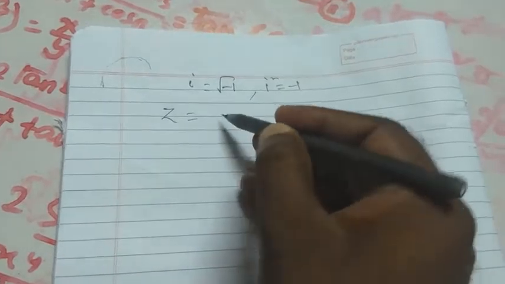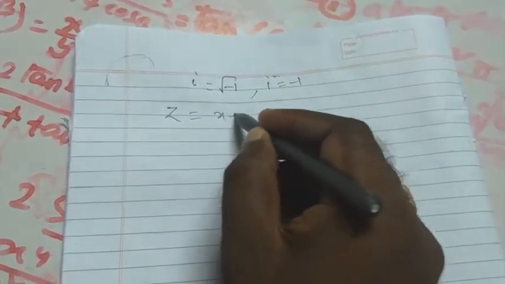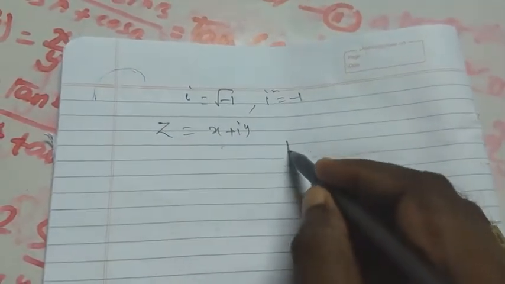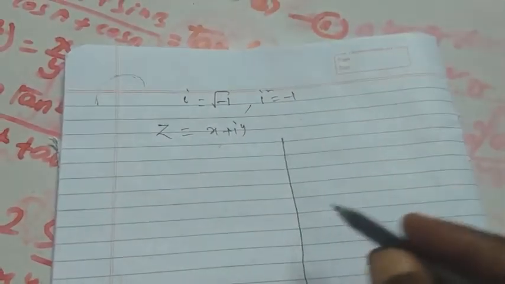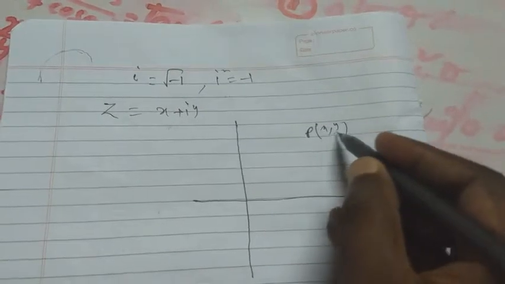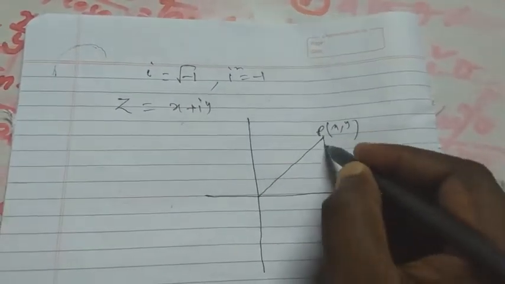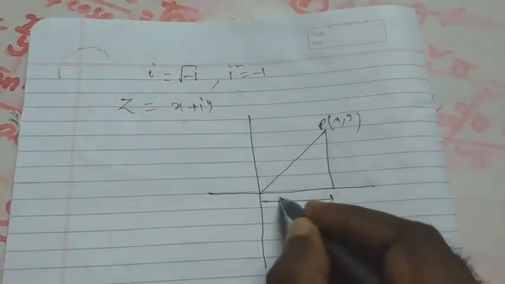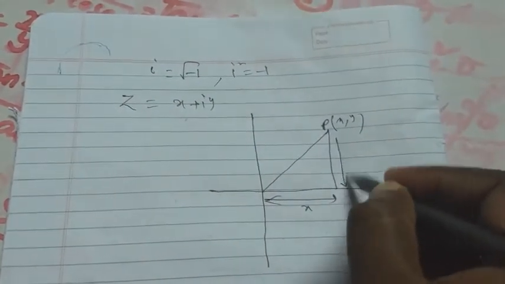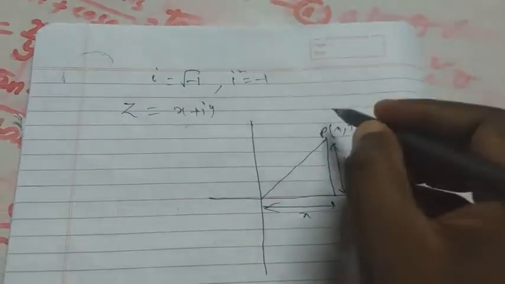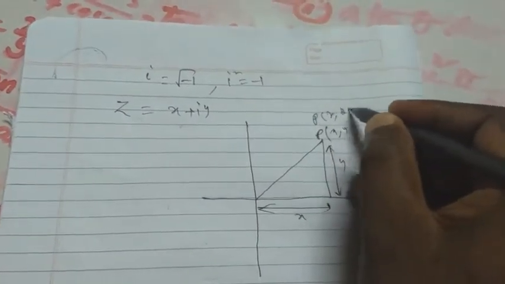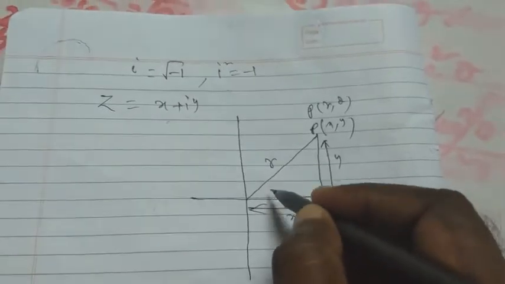In the form of complex number, z equal to x plus iy. In the coordinate plane, if we plot this complex number like this, (x, y), this is called the Cartesian coordinate, where this is called the length x and this is called length y, and which is related to the polar coordinate. This is (r, theta), and this is called r and this is called theta.